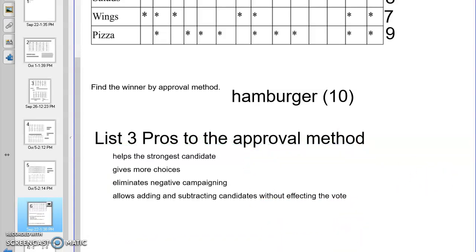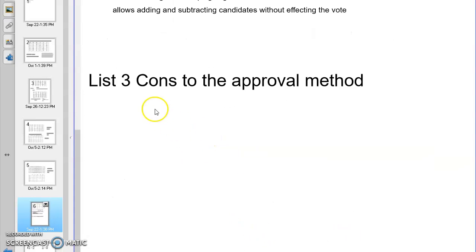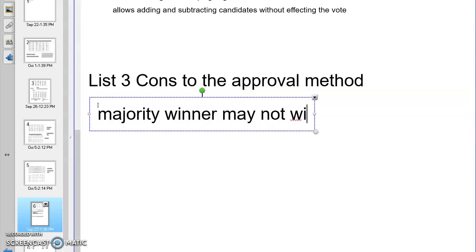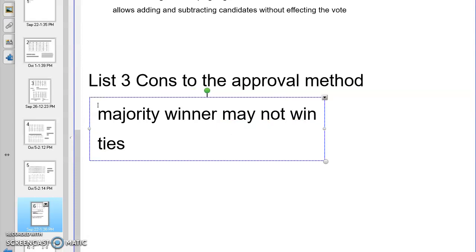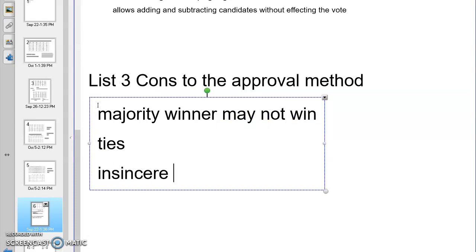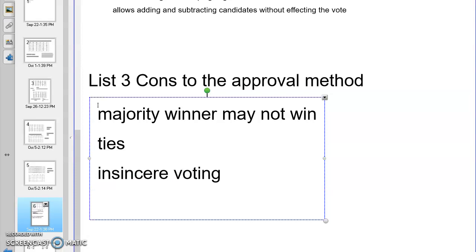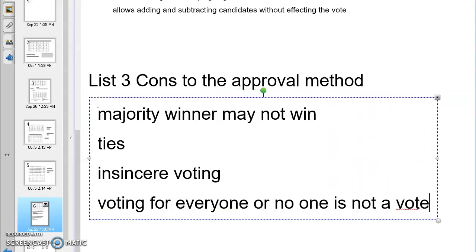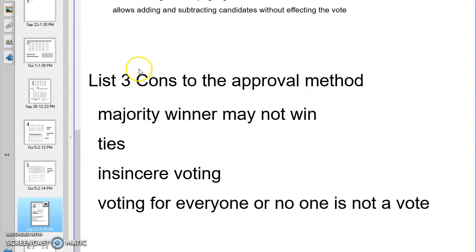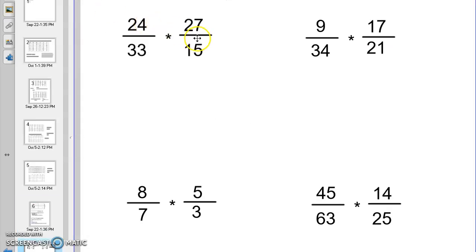On the other side, the cons to the approval method, and I'm going to give you 4, you need to know 3 of them. A majority winner may not win. You can end up with ties. Insincere voting happens a lot more in the approval method. And voting for everyone or no one is not a vote. So those are 4 of the cons, and I would want you on a test to list at least 3 of them. Now we move on to